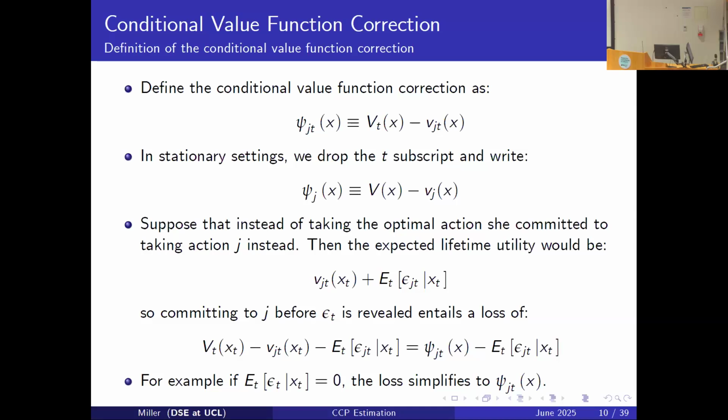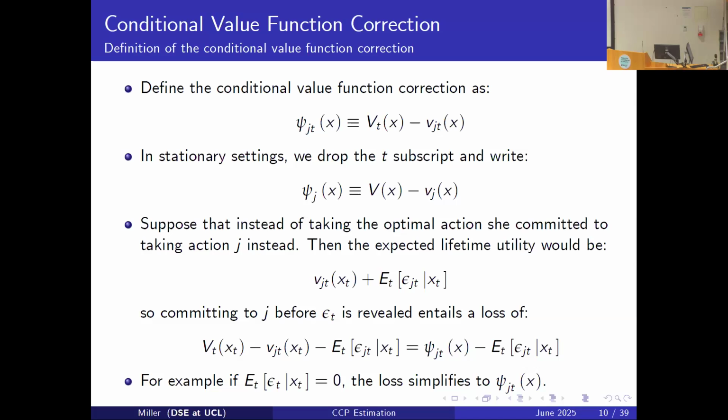So look at the conditional valuation function correction here, because that's going to play a pretty big role. You've got the social surplus function minus the conditional value function. In stationary settings, we could drop the T subscript, of course. Why are we calling it that? Well, suppose, just temporarily, and I'm not doing this because I think the people in the model do it, I'm doing this just as a way of explaining what's going on,